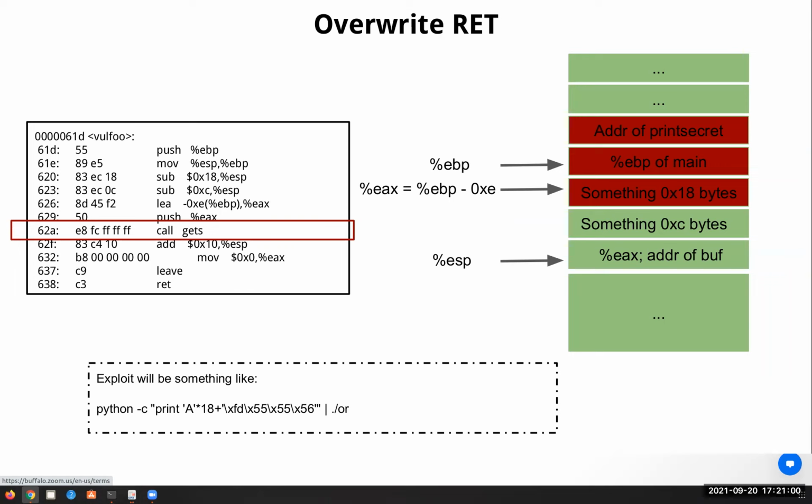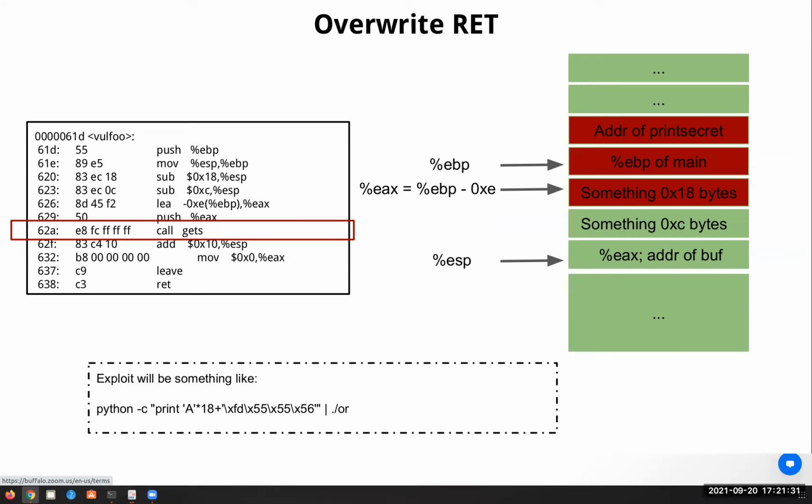The buffer is only something like 6 bytes, maybe a little bit bigger, but we can overwrite everything here. We can overwrite the buffer itself, the saved EBP of the main function, and the return address. So if we change the return address to the address of print secret,